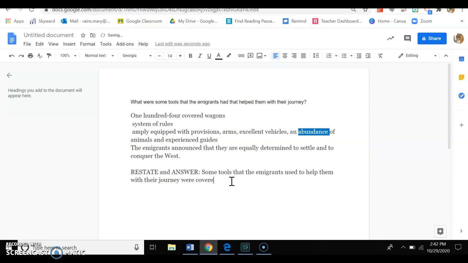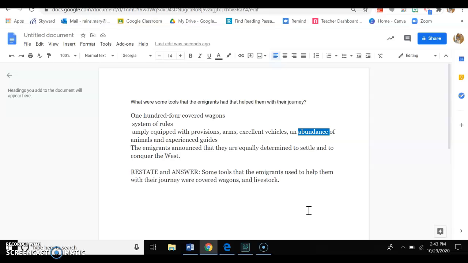So I might say some tools that the immigrants used to help them with their journey were covered wagons and livestock. So animals, essentially. Then after I do the restate and answer, this is all going to be continuous, I should make it like this so you guys can see,